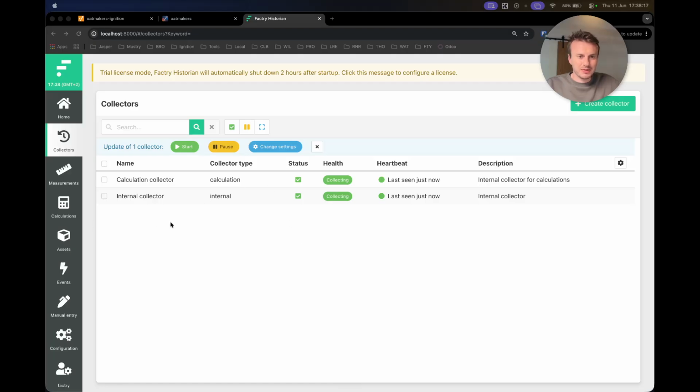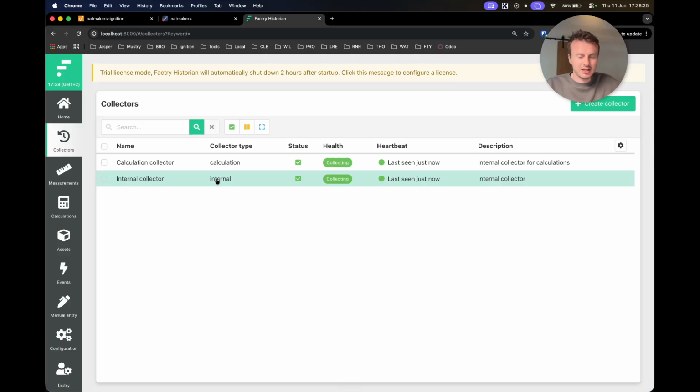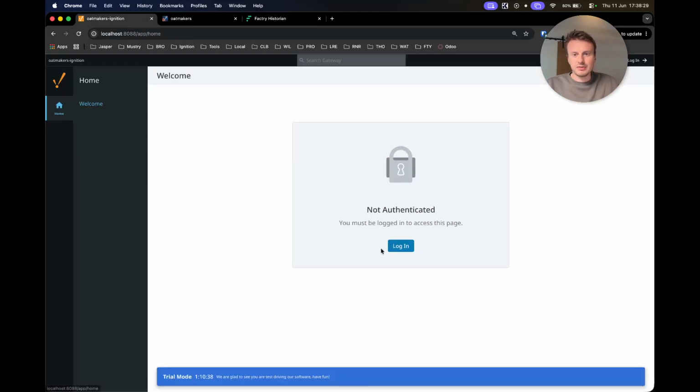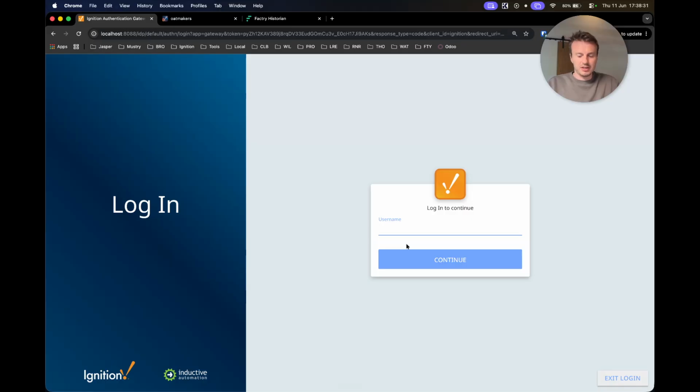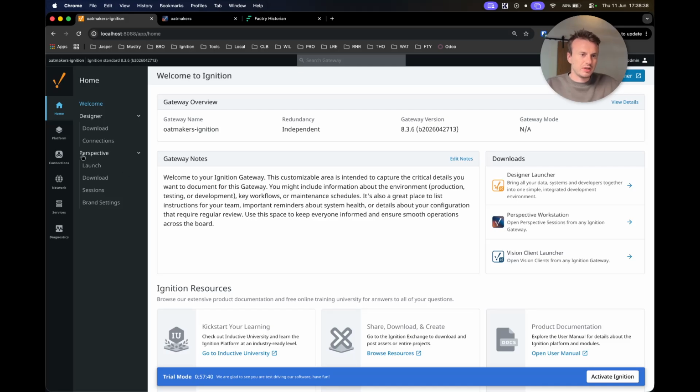Before me here you can see we have an empty Factry setup. We have no measurements, we have no collectors, so nothing is in here. And on the other hand, you have an Ignition with, let's say, a very small demo project on it with some tags. Let me get our